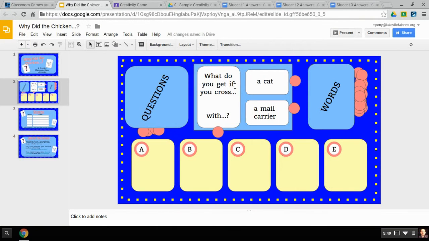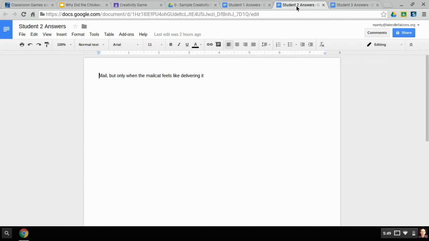They have 2 minutes to write some answers. So I'm pretending that these responses here are what the students wrote. So see, these shared documents would have what they typed in them showing up for you. The students wouldn't see these because you don't want them to know. They'll find out eventually who student number 1 is, and then they'll know who wrote this, and you don't want them to know. So what I would do is I would select this, and I'm just doing Control C to